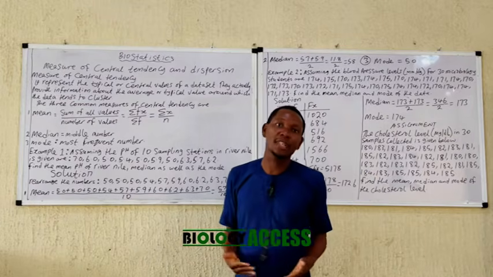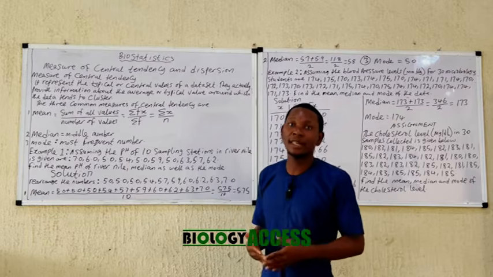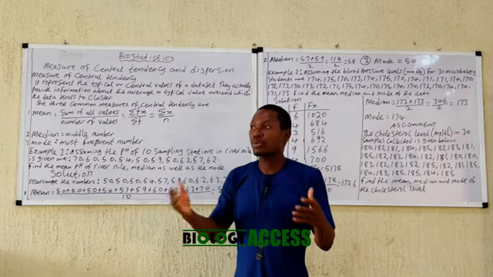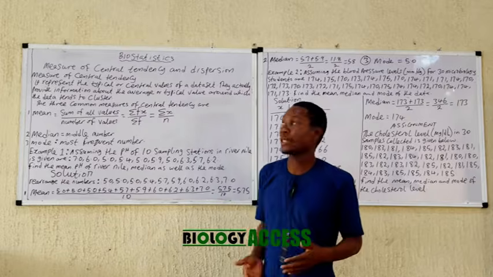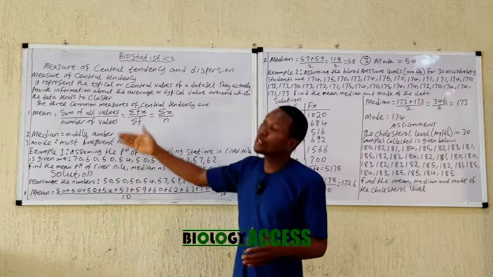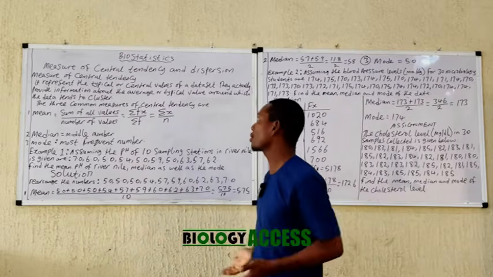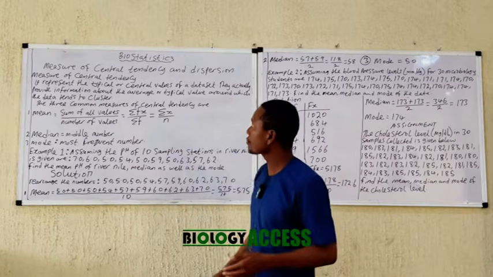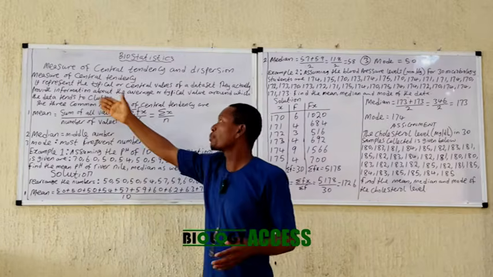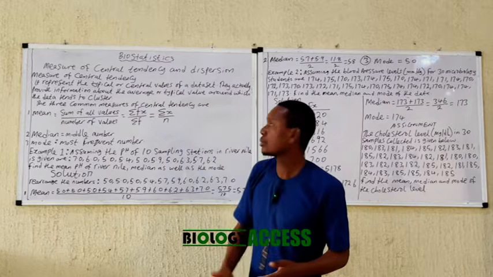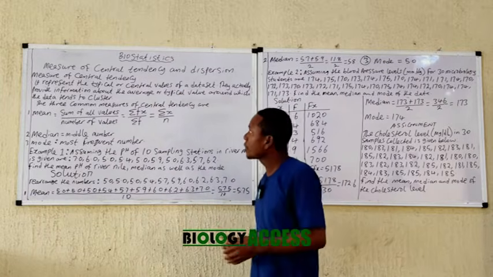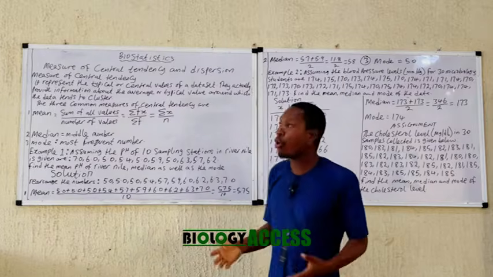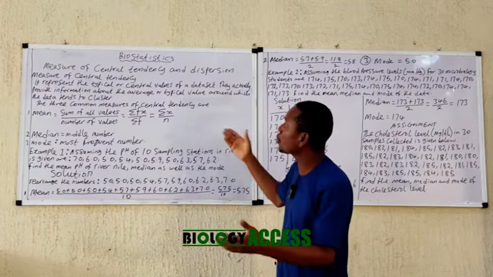Statistics, as you know, are tools that we use to analyze data, and there are various statistical tools or means to analyze data. The simplest one that you can think of for a beginner is usually the measure of central tendency. It represents the typical, central value of a data set. Most times, it gives information about the average or a typical value around which the data